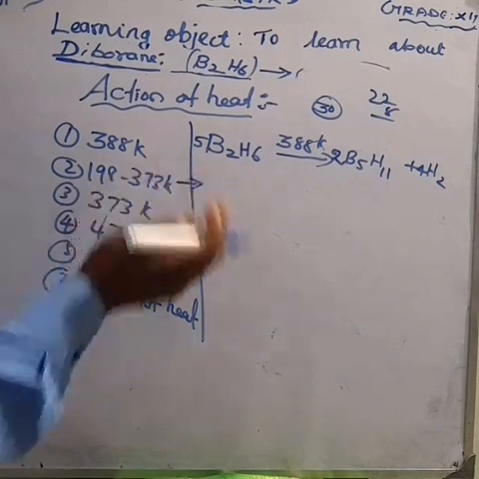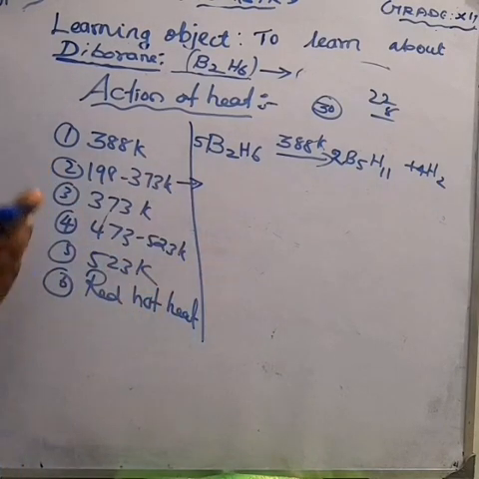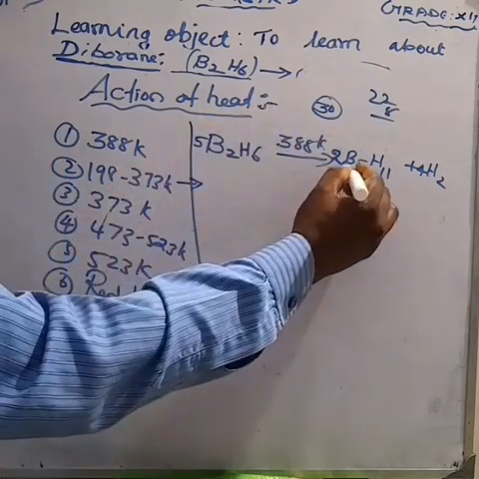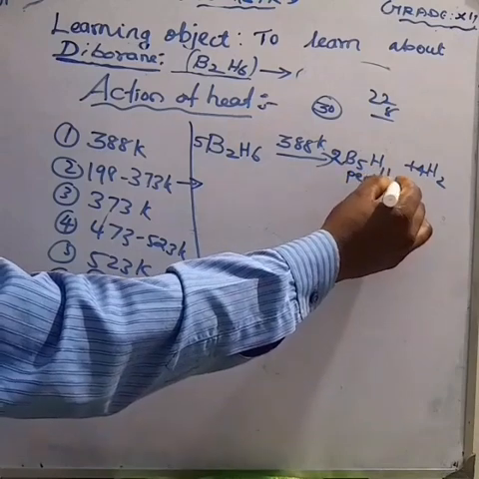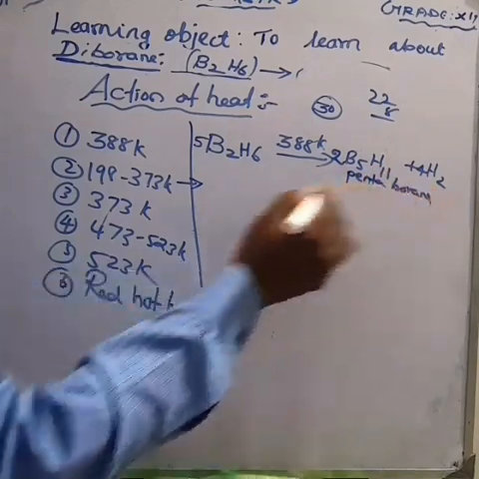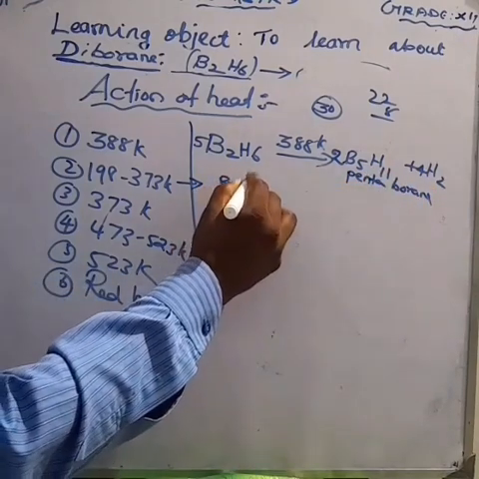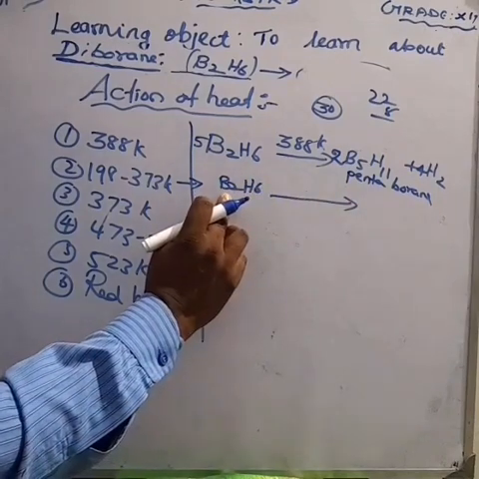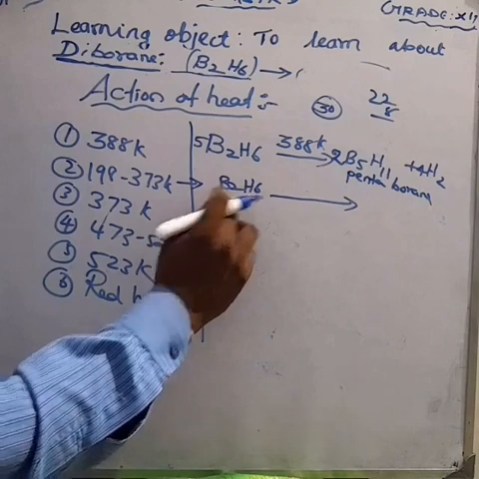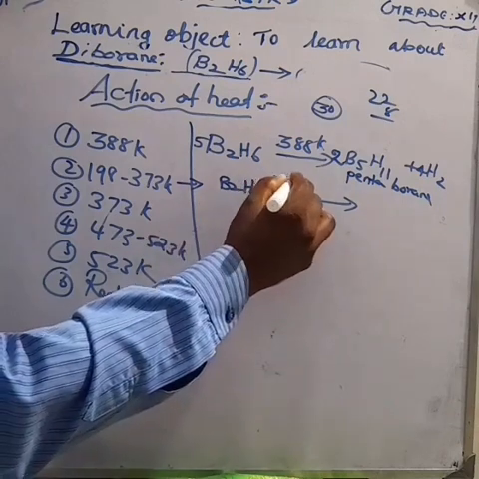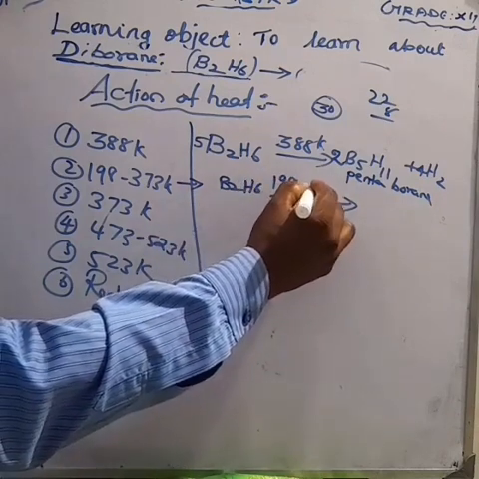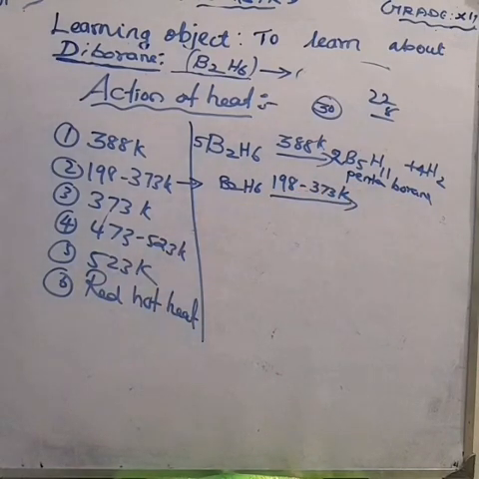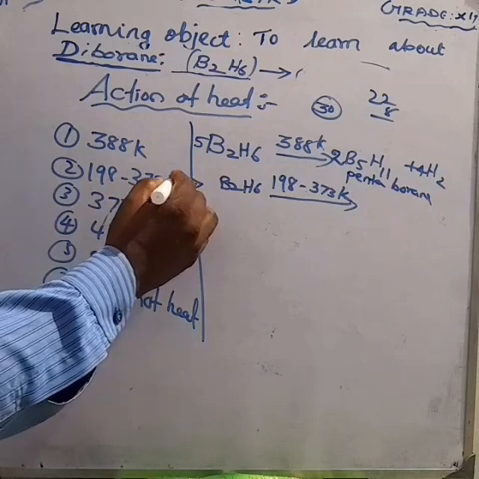Which product is obtained from diborane on heating? That is pentaborane. Penta means 5, don't forget that. Second one: diborane on heating at a temperature. What is the formula of diborane? B2H6. Am I right? This on heating at a temperature of about 198 to 373 Kelvin,